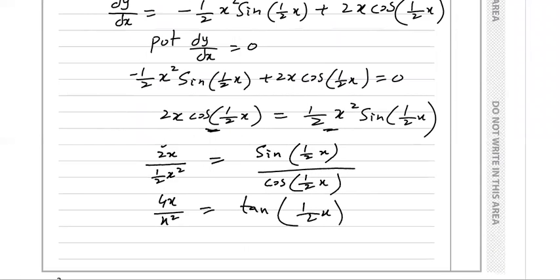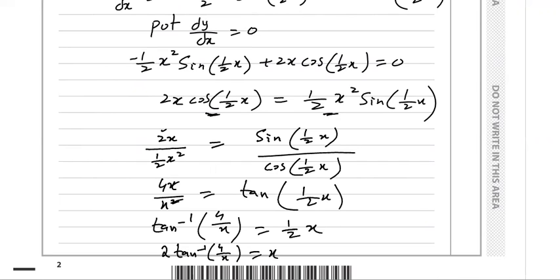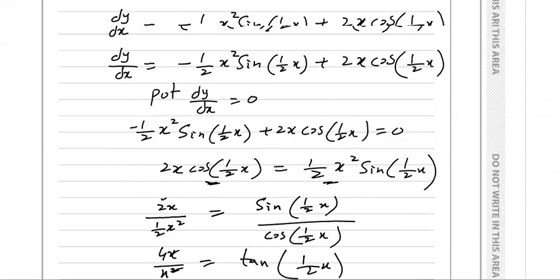Now this x will cancel with this x, so I will have here, and take tangent to the other side. It will become tangent inverse 4 over x equals 1 over 2x, and shift 2 to the other side, so it will become 2 tangent inverse 4 over x is equal to x. And this is what was asked to prove,